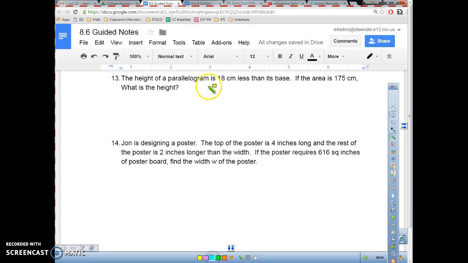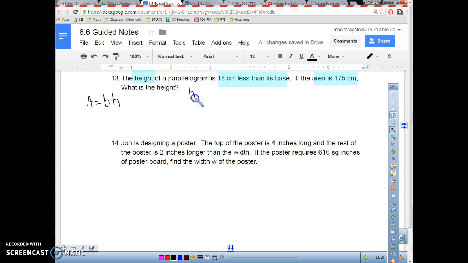So on this one, you have underline that it's a parallelogram. Its height is 18 centimeters less than its base, and it has an area of 175. So to find the area of the parallelogram, we know the area is equal to base times height,